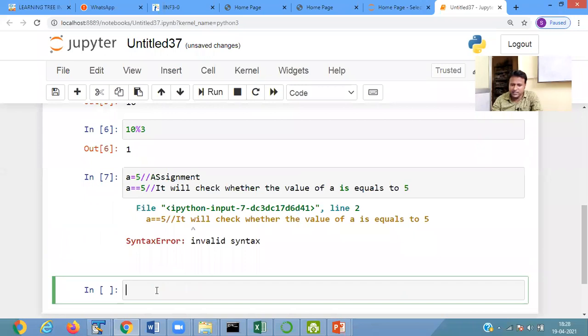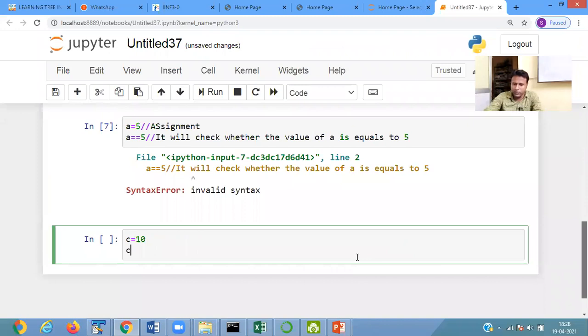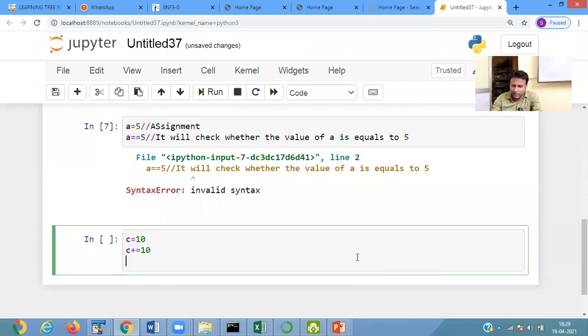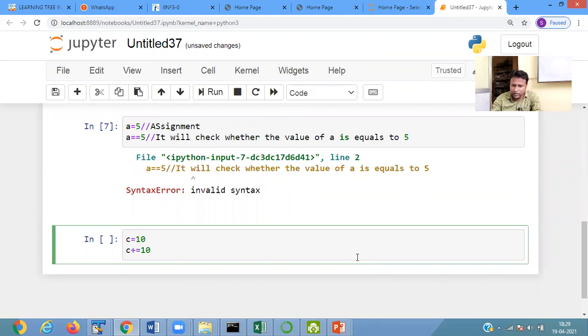I write here c is equals to 10, then c plus equals to 10. It means what? It means c is equals to c plus 10, the value of c is c plus 10.